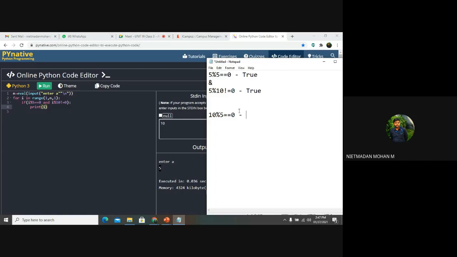If you are dividing 10 by 5, the remainder will be 0, right? Now we can check here, 10 mod of 10 is not equal to 0. The condition will be false, because 10 mod of 10 is equal to 0. So if we have mentioned not equal to 0, the condition will be false, right?